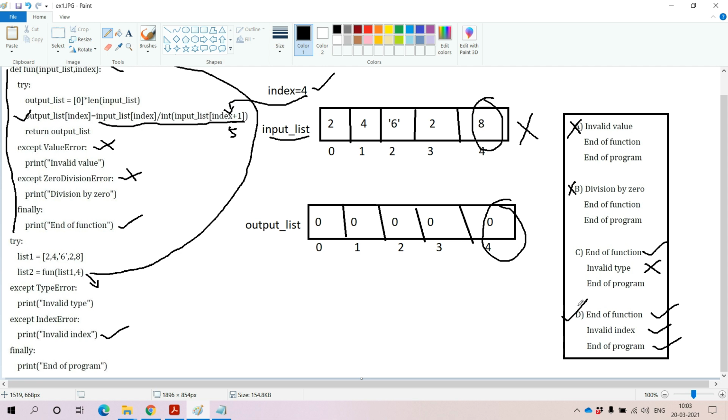It is very simple. Be careful at the time of attempting these types of questions. You should have some basic idea related to the exception handling mechanism, and you should know how the control flow of execution goes from try block to except block, so that you know how to execute the finally block. You have to have some basic idea of all these things. Thank you. With this, I hope you understood the concept.